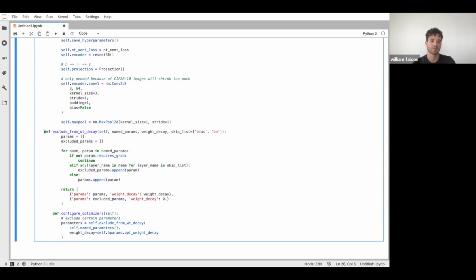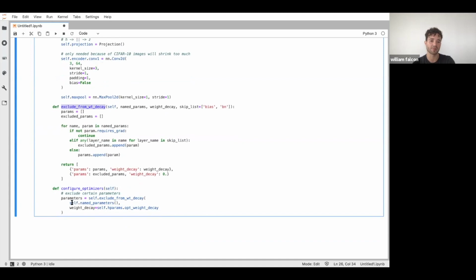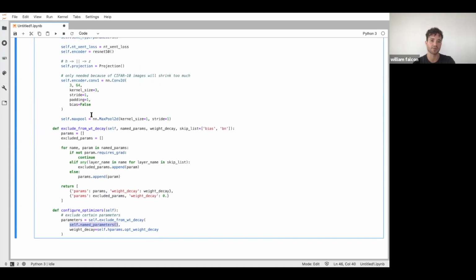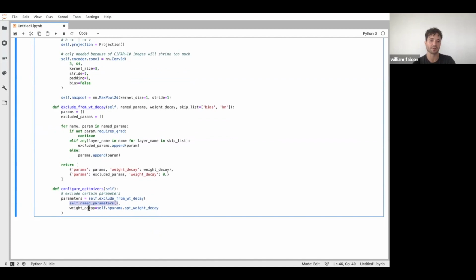From the weight decay, we have the parameters, and then we're going to ignore the batch norm and the bias layers, right? So we're going to look through all of the parameters that we have in our model here, the encoder, projection, all this stuff. And then we are going to just say, for all the biases and batch norms, don't apply weight decay to